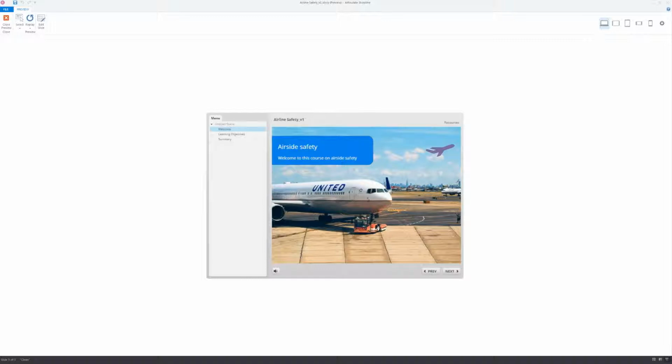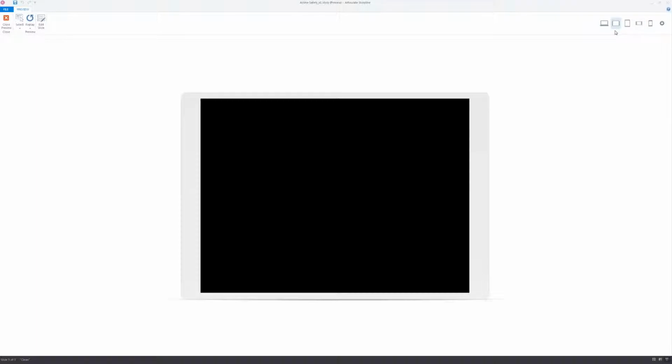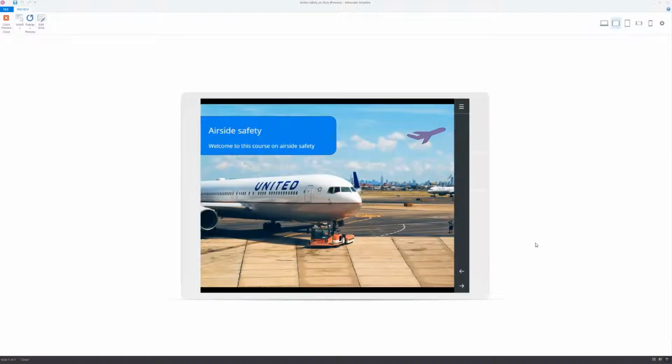And this is our first slide in a desktop browser. We can also preview this for a tablet or for a mobile device. Why don't we use tablet for today? It's an attractive player. Okay, so there's our first slide, our welcome slide with logo, branding, and welcome to the